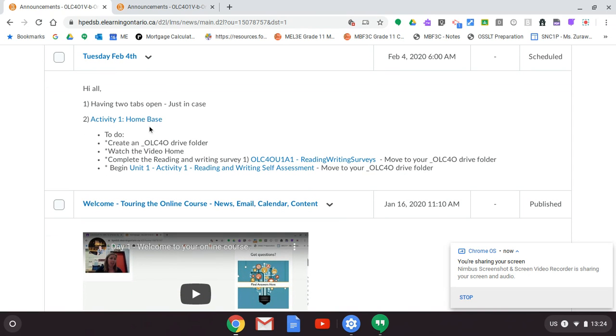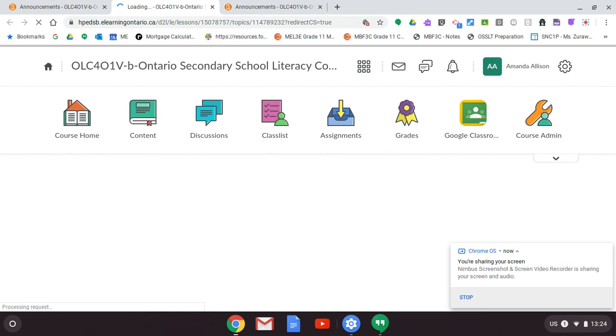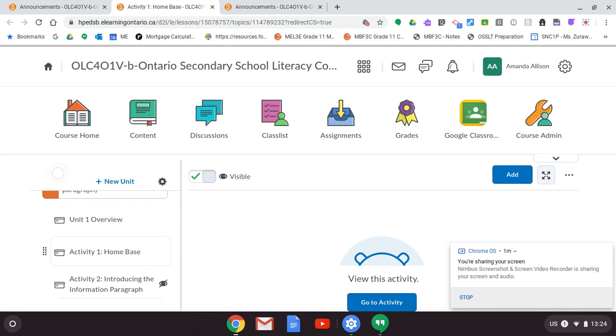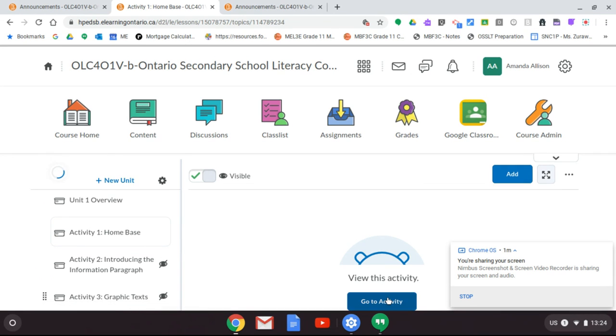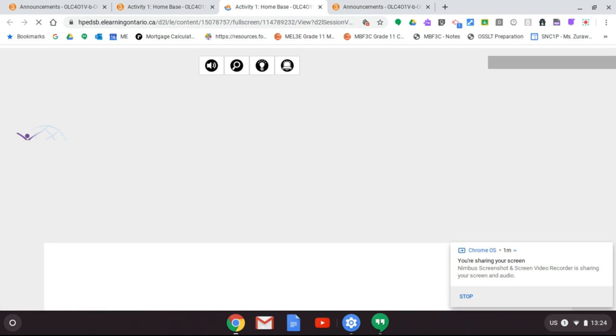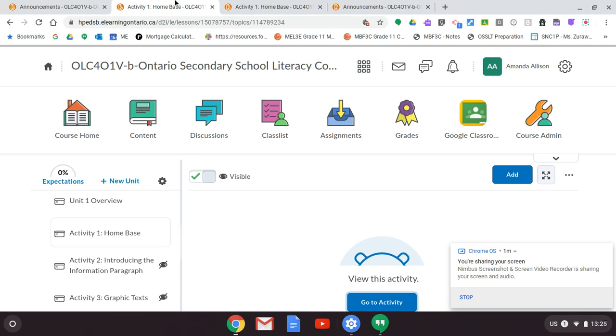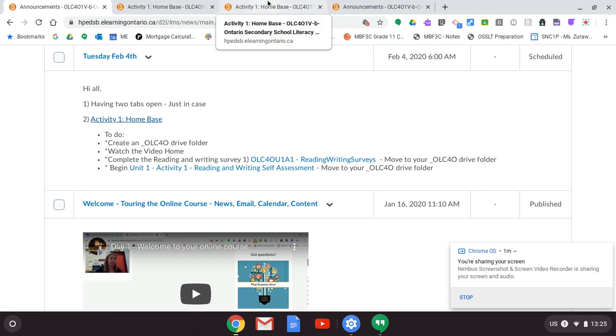What you're going to be doing today is Activity 1, home base. You can get here through a bunch of different ways, but I want you to go through the hyperlink here. Once it loads, scroll down and you can just go to the activity. Once you've got your activity open, you'll see back in the announcements, which again, is a good idea to have a couple of tabs open, otherwise you wouldn't be able to get there,